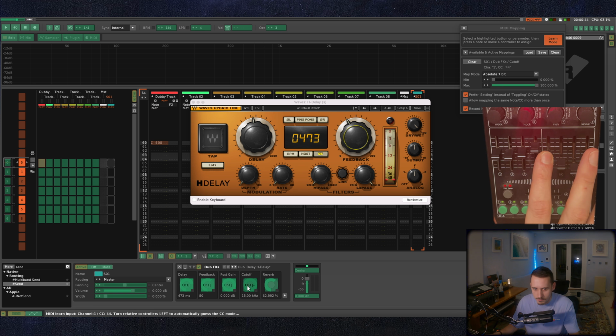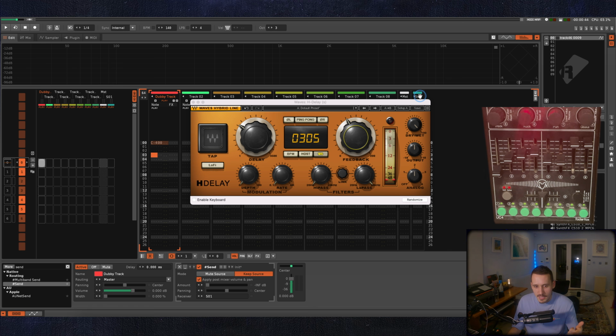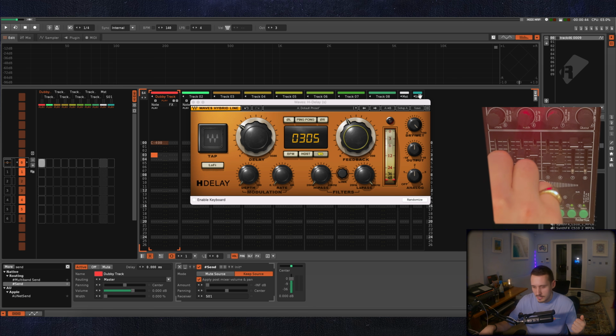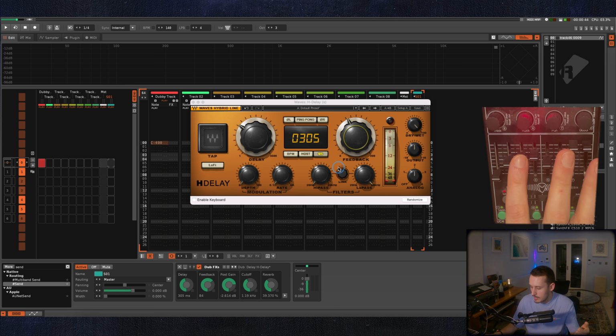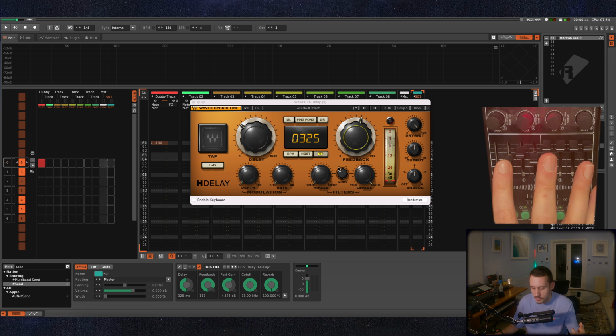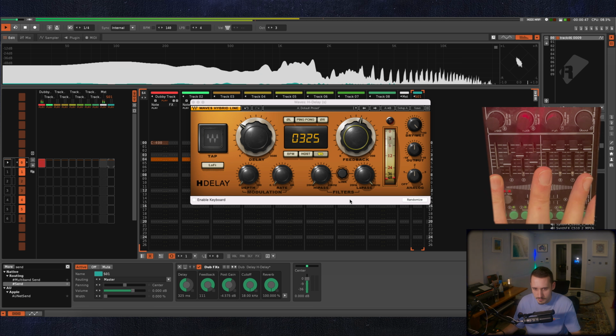One, two, three, four, and then one more. 1, 2, 3, 4, 5. Perfect. So the whole idea here is you send little bits with your send. You just catch a little bit of the sample that you're trying to create a dub delay from, and then it hits into this high feedback, and then you can do whatever with the reverbs and the filters at the end of it. Anyway, if I just show you now, I've set the milliseconds just to start with, and let's just play a little bit with this.